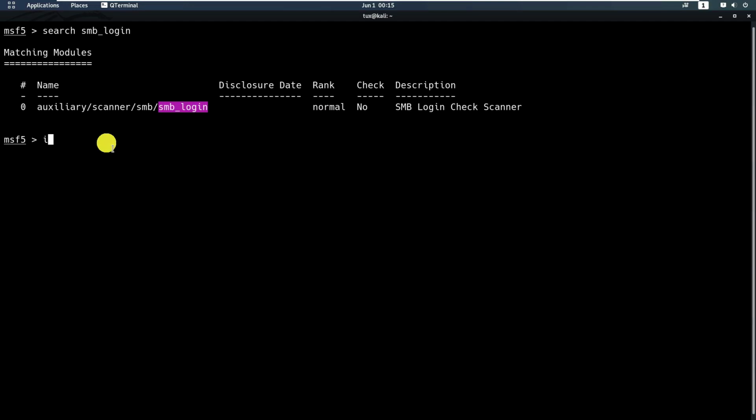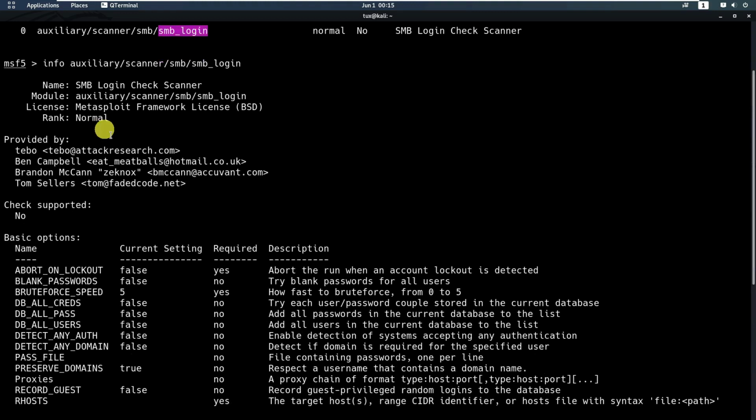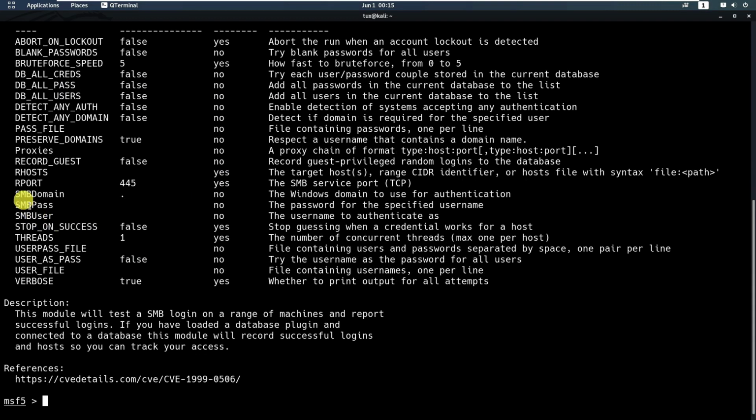Okay, so let's check what this is. Info, then I need to press insert. Yeah, so this is an auxiliary module that will be used for the SMB login check scanner. Or this is actually the tool that will allow you to check the SMB login. So we need to provide the